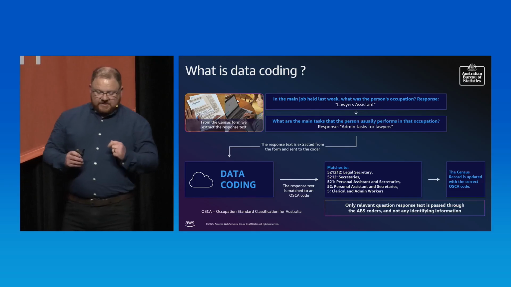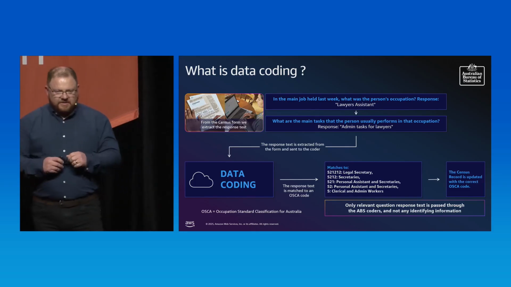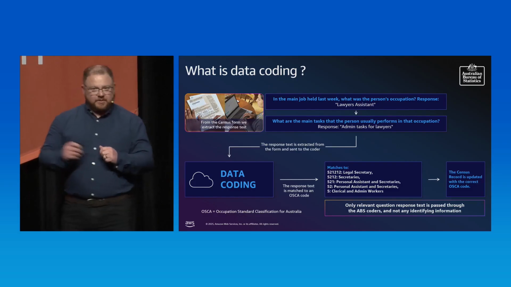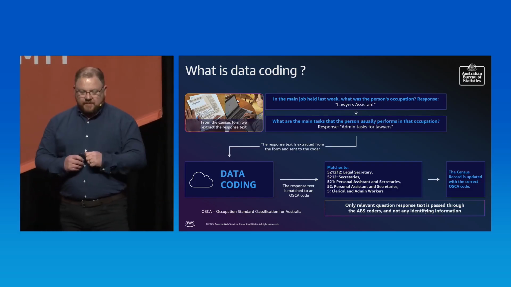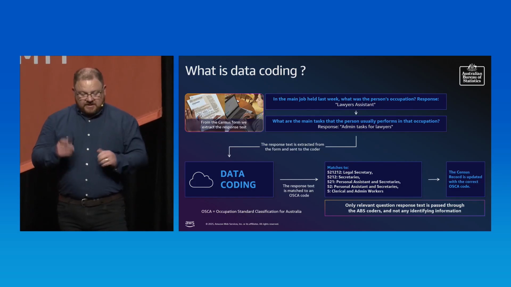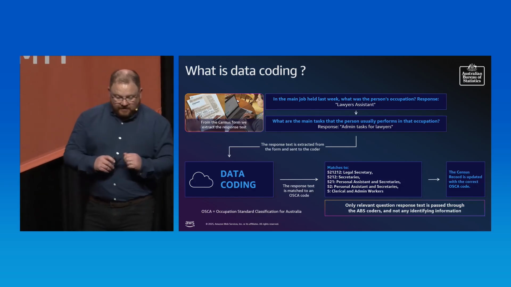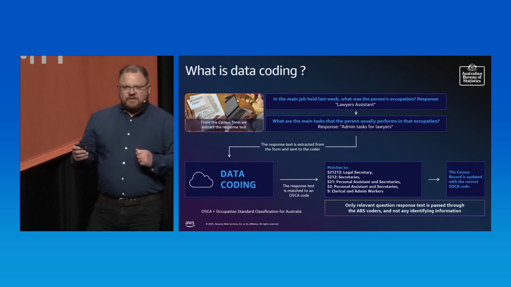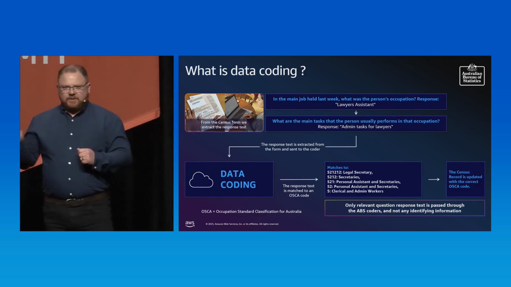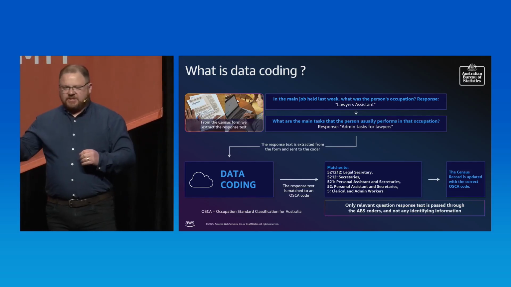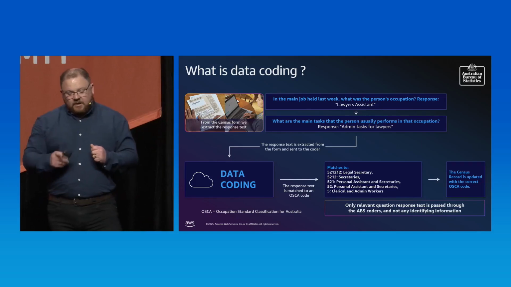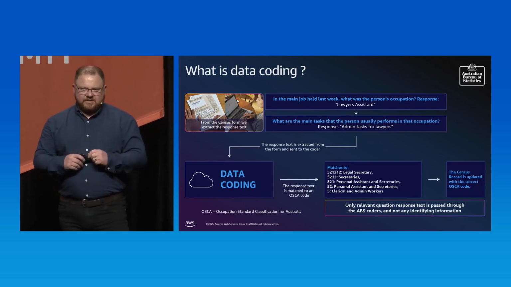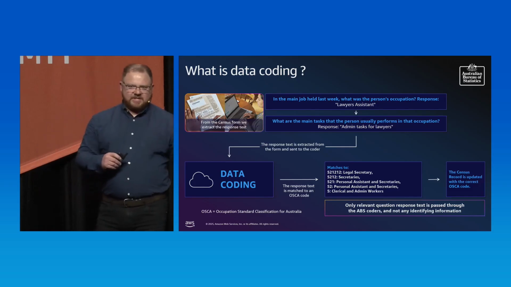Now, you see here on the screen that it talks about Oscar. Oscar is our new occupation standard classification for Australia 2024, released late last year. So in this case, as you can see on the screen, we've generated a code 5212 legal secretary. That code is then written back to our data store and updated for the production and the rest of the statistical production cycle. You might note that the actual code that's associated there and the title is legal secretary, which is quite different to what the person's actually put on the form.